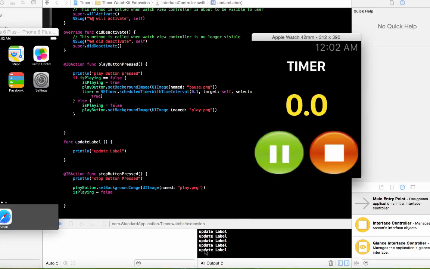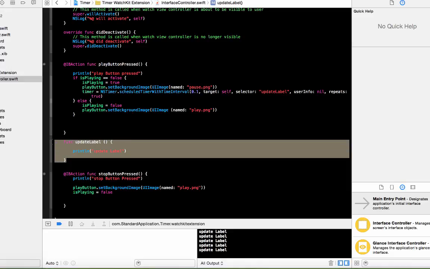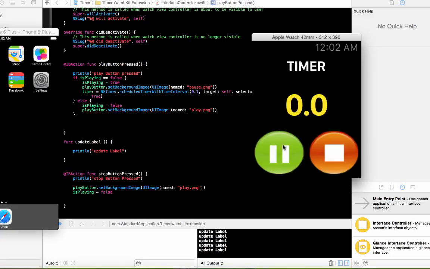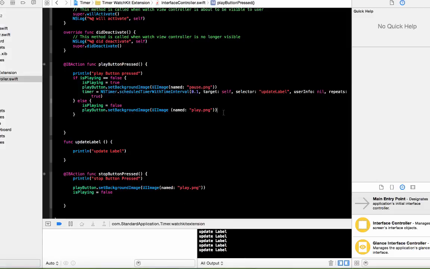Here you can see when 0.1 second has passed, we will run this updateLevel one time. Okay, so when the user stops like this, we want to stop because it's still running, so we can call